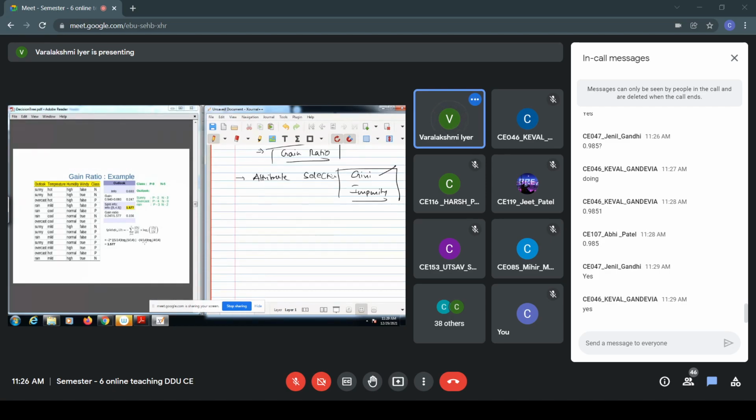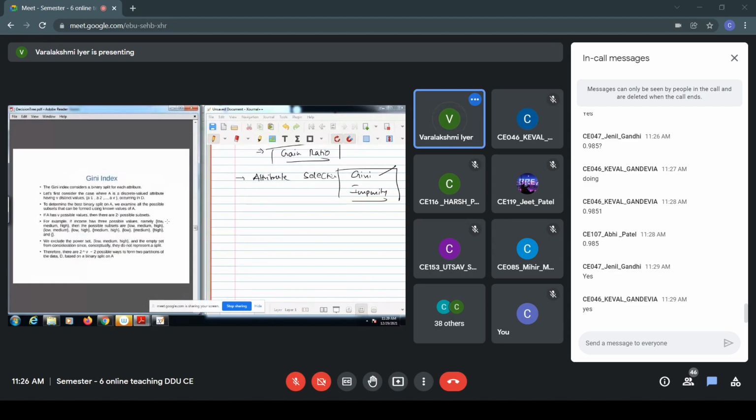After this, Gini impurity is similar to entropy. Only the formula is somewhat different in case of Gini index. In Gini index, we are mostly trying to create binary trees, binary classification. We'll be trying to create a binary split, and not multiple splits. How will we be doing that?